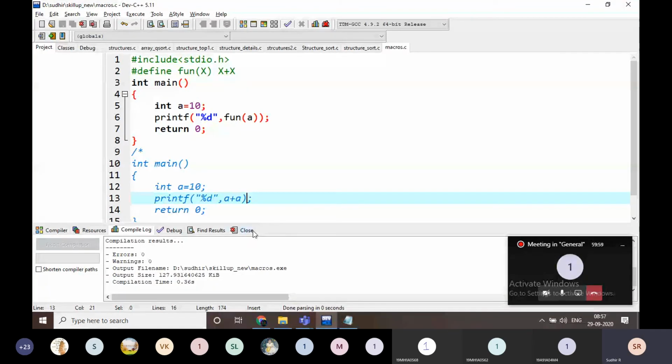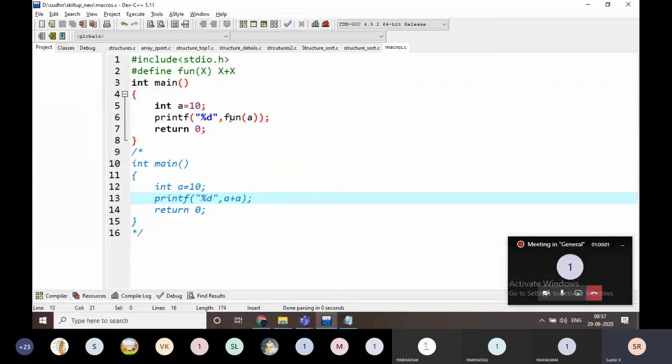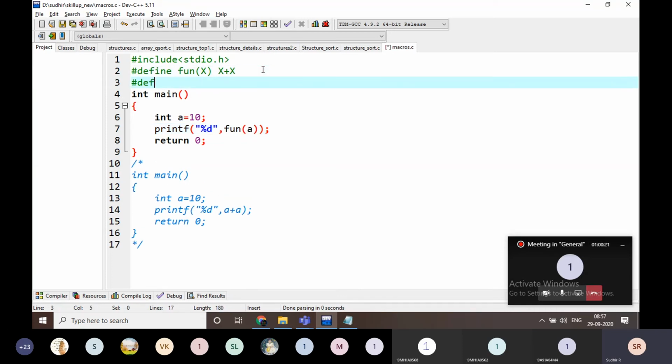For small functions, where the function's work is very simple and it just returns something, instead of writing a function call and a function definition, we just declare macros. For example, when defining a size in data structures, if you write define max 1000, there is no need of a semicolon here.